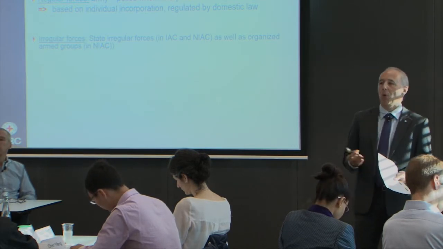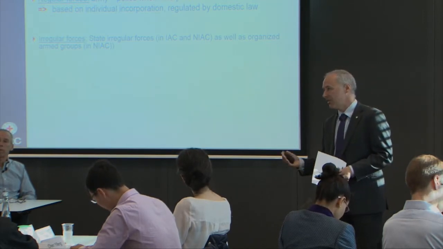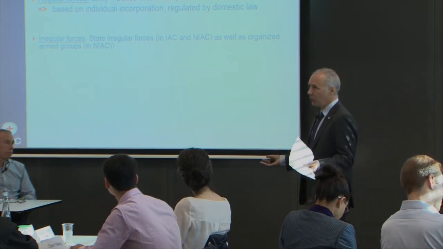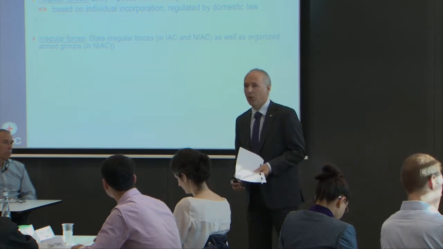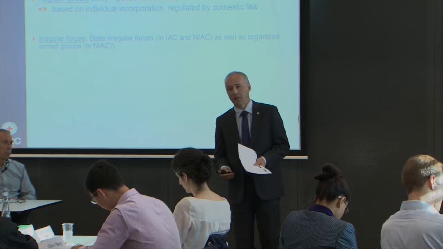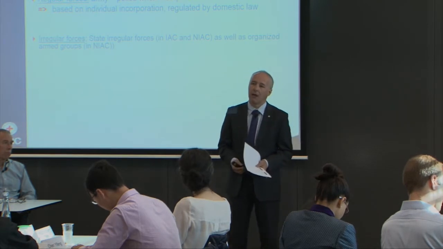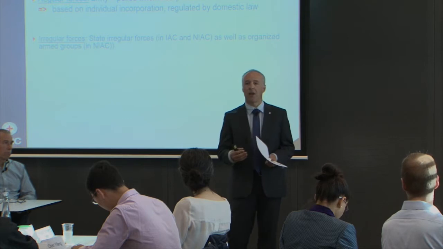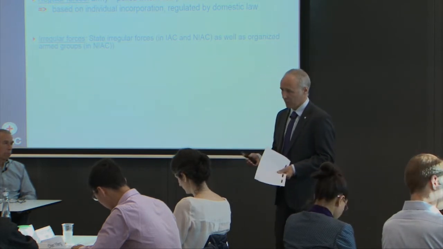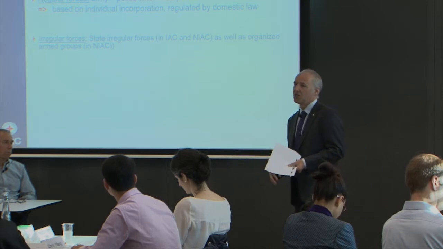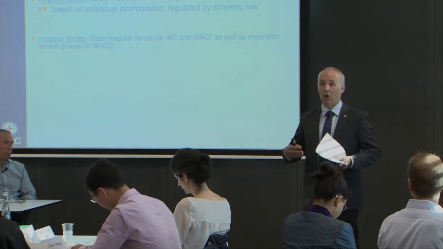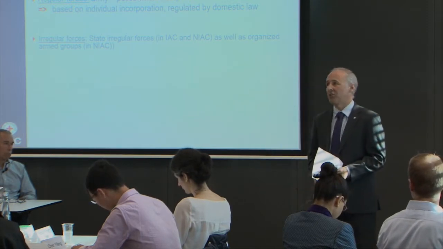Irregular forces can be both on state and non-state sides. There is a tendency to look only at the non-state armed group because that's usually only irregular forces, but you also have irregular forces on the state side. And to take two recent examples, that's the case, or that has been at least the case recently in Ukraine, where you have militias which fight on behalf of the state, and that has been the case in Iraq since quite some time, where you also have Shia militia fighting on behalf of the central government, so on the state side of the non-international conflict.